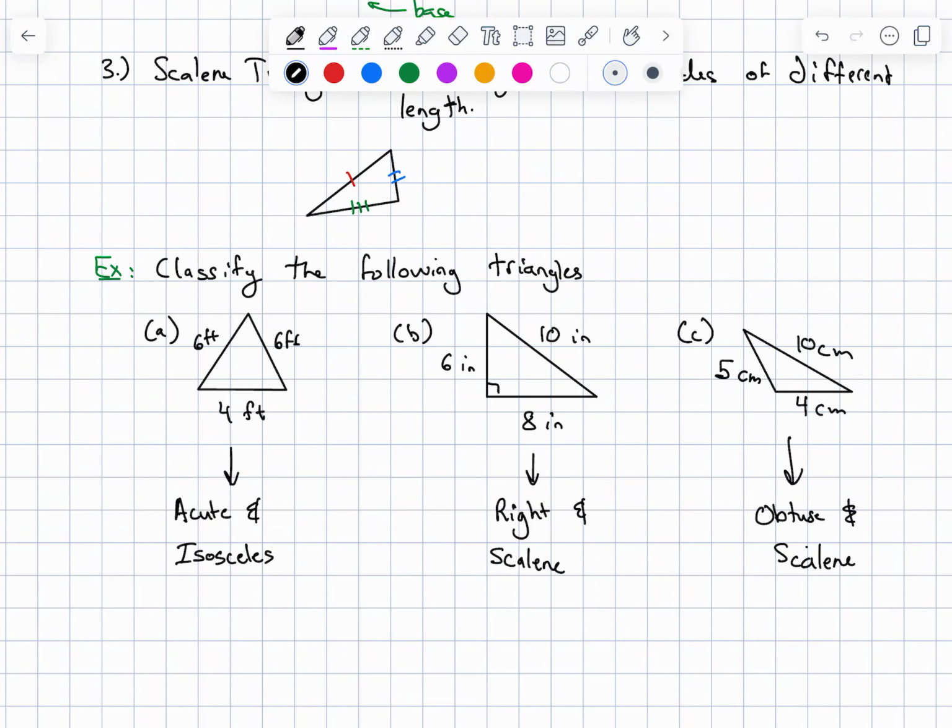So that's how we classify them. But then one of the more important things that we're concerned about in this course is the area and perimeter of these shapes, because that's one of the most useful applications of shapes: understanding their areas and their perimeters for things like trying to figure out